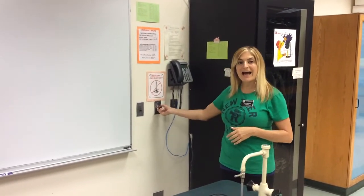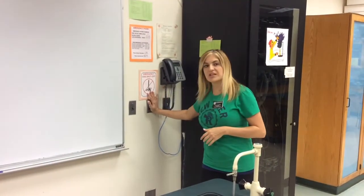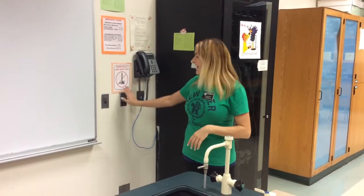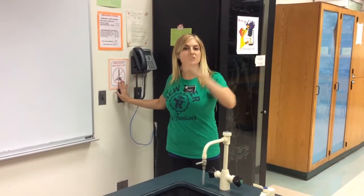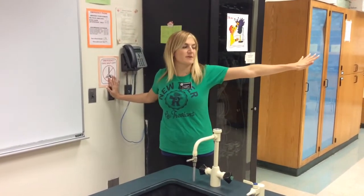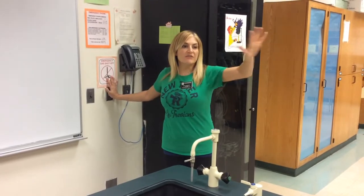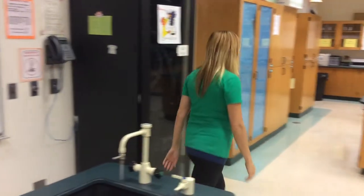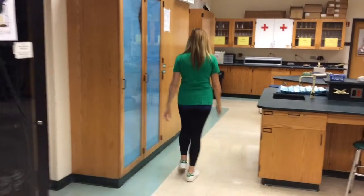So you will pull it out to turn it on, push it in to stop the gases. Everyone's gas at each station is controlled by this one red button. So this will automatically turn off everybody's station. If you notice there's a fire, you can come right ahead and press this button. You don't have to wait for anybody's permission. All right, next over here,